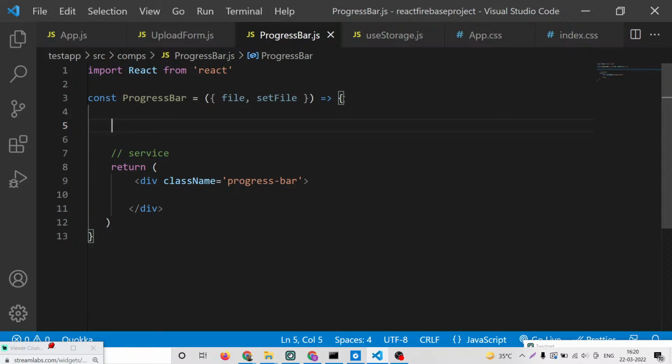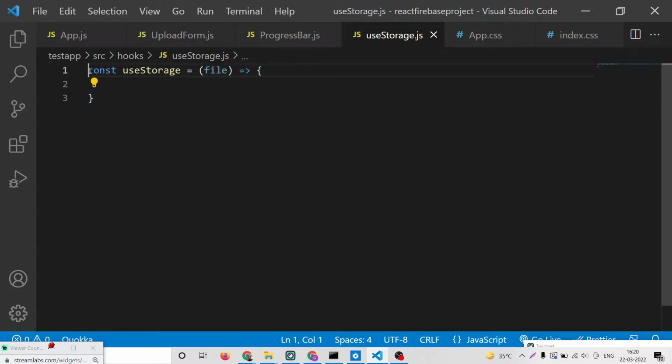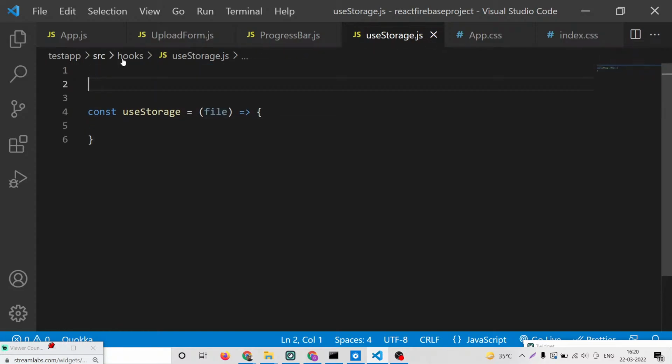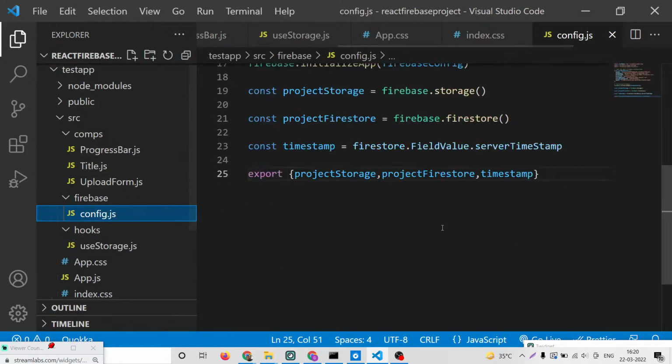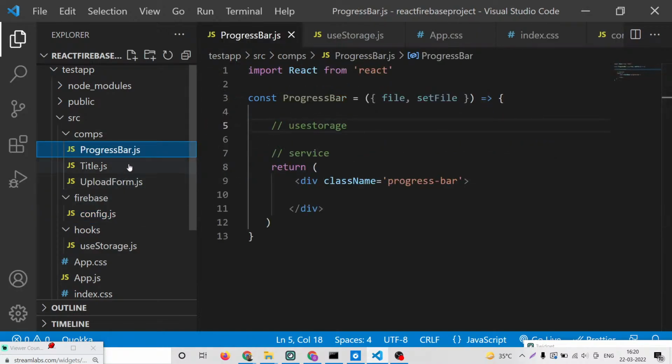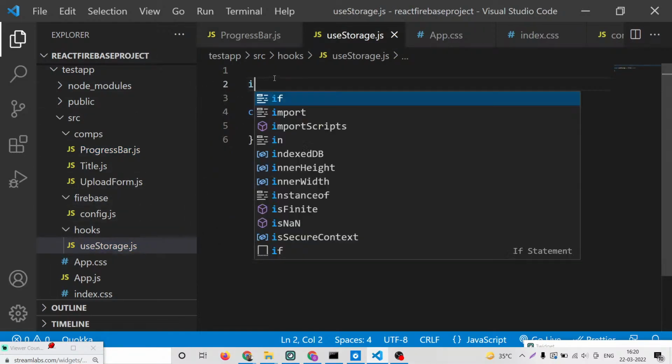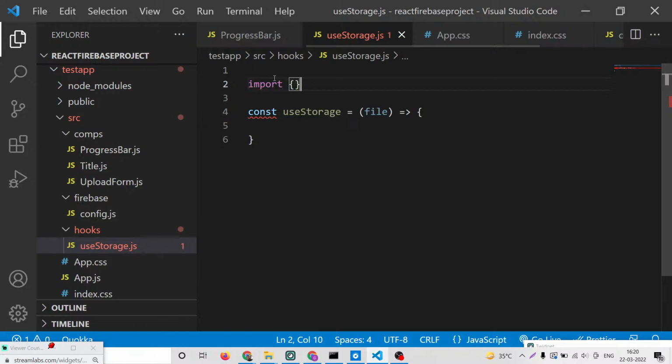Let me see. So we will call here this useStorage. Later on, we will call useStorage here. Just make sure that we first of all need to upload this to the Firebase storage. For uploading this, we have written some methods inside our Firebase file here. If you see config, we are exporting these three variables. So now we need to import this inside this file, which is useStorage. So right here we will import these three variables from the file,